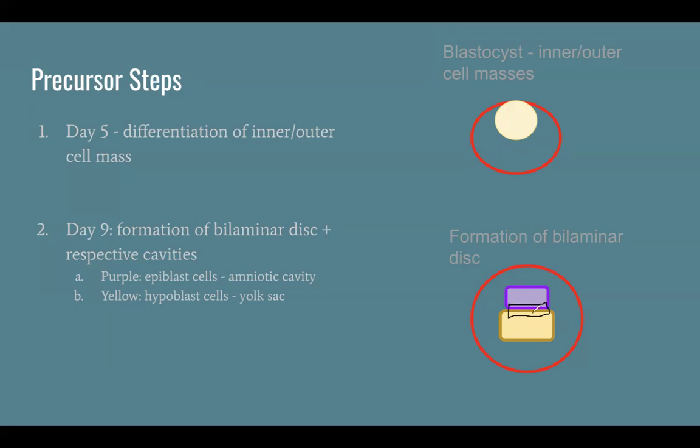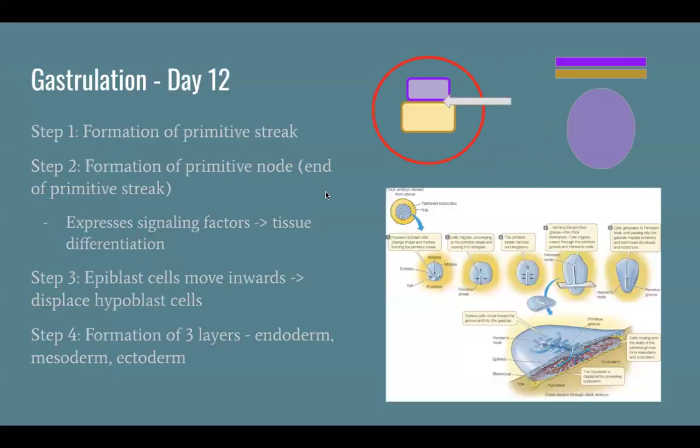This outer portion would be the amniotic cavity. So your epiblast cells line the amniotic cavity, and then your hypoblast cells also line the yolk sac, and part of those are part of the bilaminar disc, if that makes sense. Okay, so now that we get an orientation of this, the most important step occurs on day 12, which is